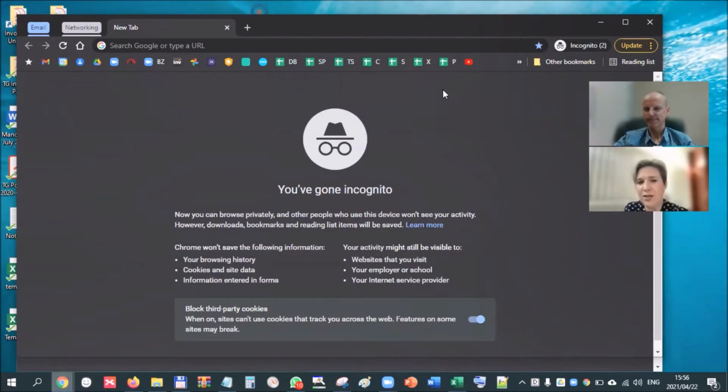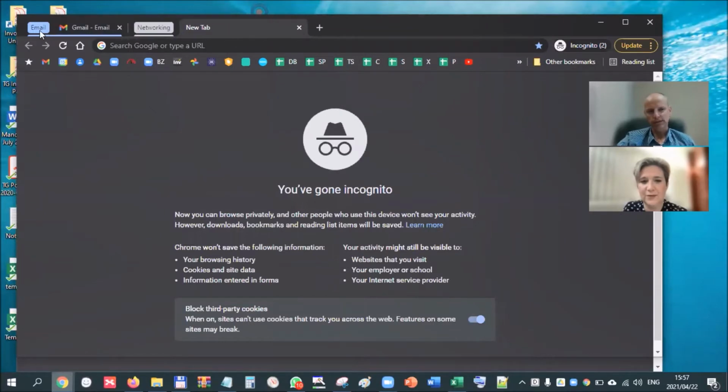Martin, there's a function in Chrome about tab groups. Can you share with me how that works? Yes, Melanie, this is actually something that I stumbled on. One day I opened Chrome and it says new feature, and I clicked on it and I read up a little bit about it and I really liked it. So this is something that I use all the time.